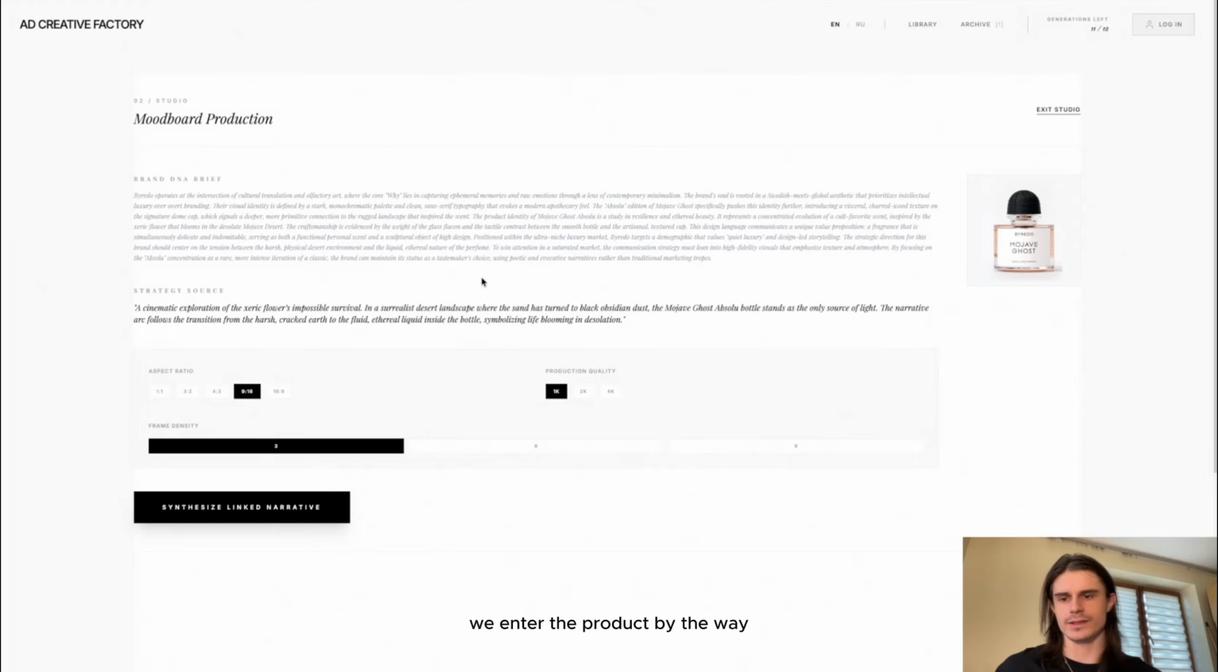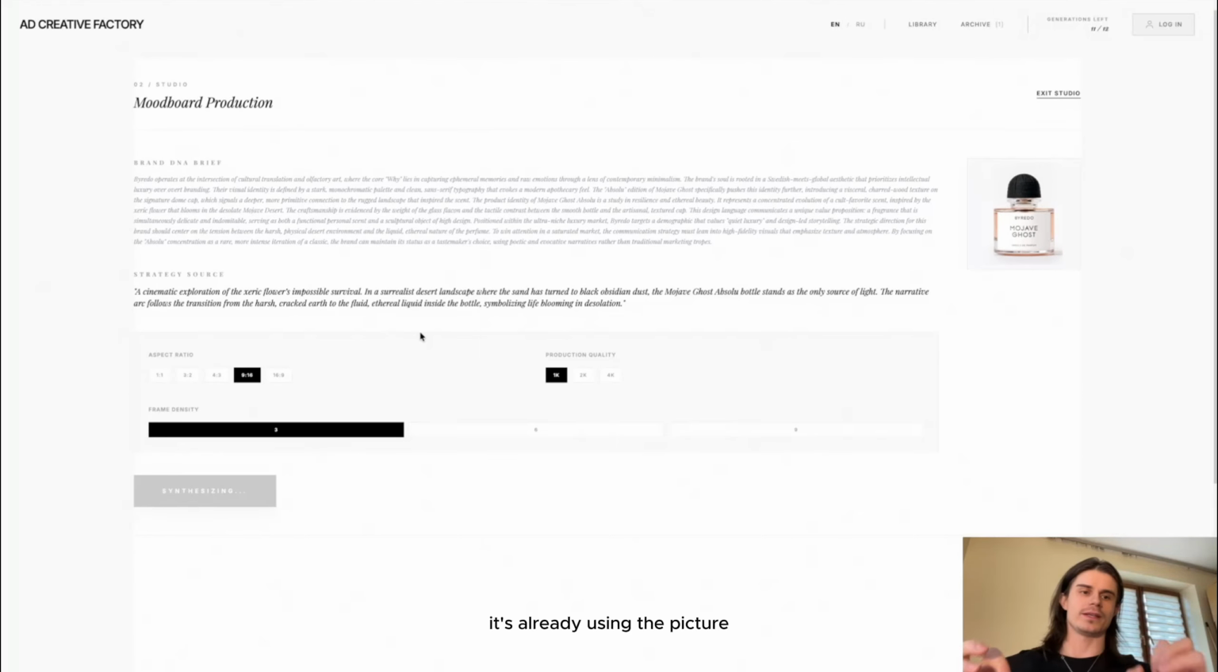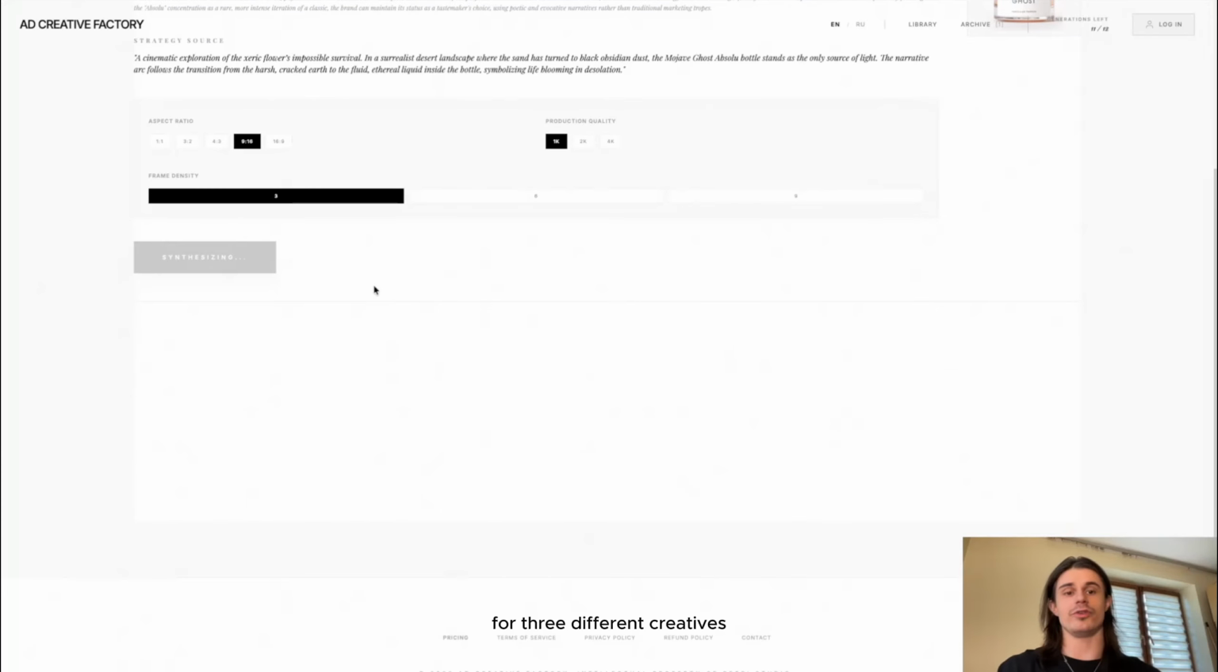We enter the product. By the way, here we can choose how many frames we want to generate. I'll go with 3. Sometimes it's a little bit better to choose 6, but anyways, we synthesize the narrative. At this point, it's already using the picture, the brand DNA brief that we generated, and strategy source, so basically that idea that was on the card, to come up with prompts for 3 different creatives